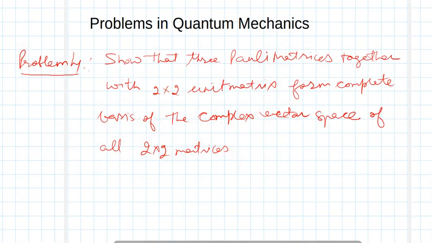Welcome to this lecture. In this lecture, I am going to discuss a problem. The problem is that we have to show that the three Pauli matrices together with the 2 by 2 unit matrix form a complete basis of the complex vector space of all 2 by 2 matrices, right? So this problem is split into two parts. To show this, we need to prove that